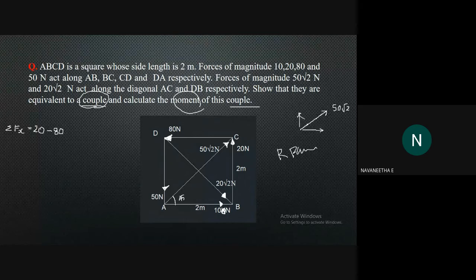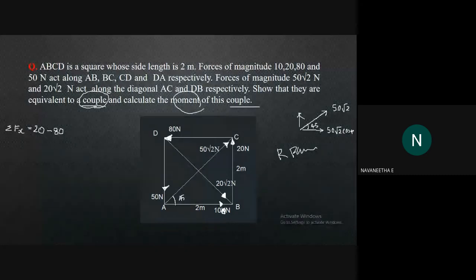This inclination is 45. So 50 root 2 cos 45. Then the other one is 50 root 2 sin 45. Here it is acting in the right hand direction, so we can take the component as positive. 50 root 2